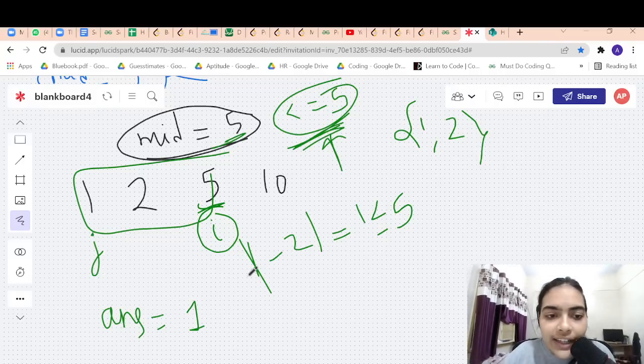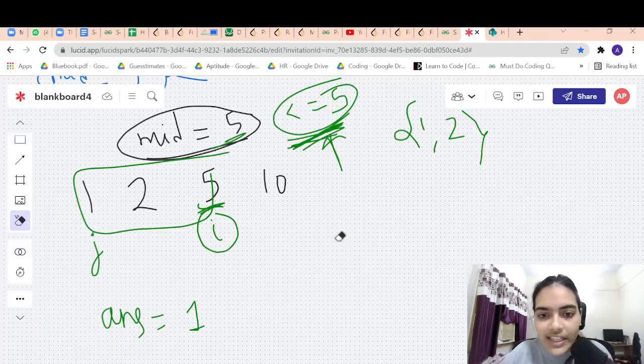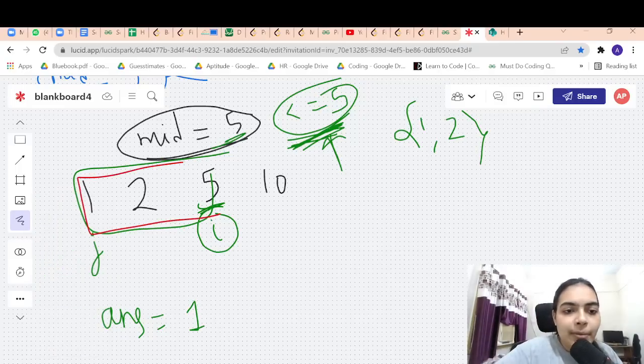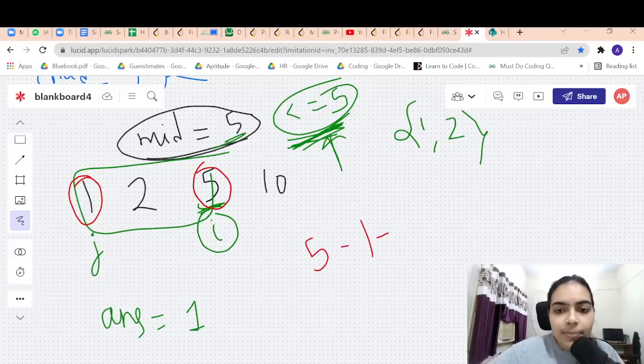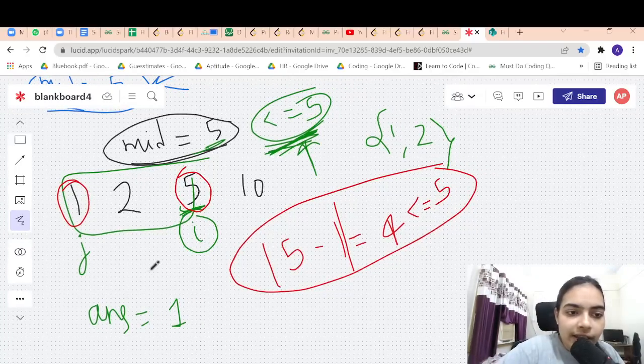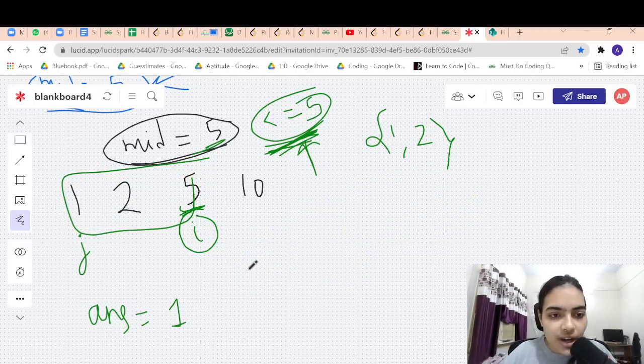Now if I increment I can still get more pairs that have absolute difference less than equal to 5, because now currently the absolute difference is 1, which is less than 5, right? So I can still get more pairs. So let's see what we are doing. So now I incremented my window. Now this is my window. So what is the absolute difference between 5 and 1? The absolute difference between 5 and 1 is 4. It is less than equal to 5, right? That means in this entire window, I have two pairs. I got two more extra pairs.